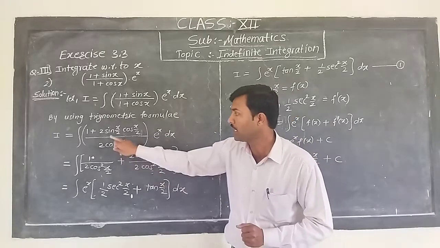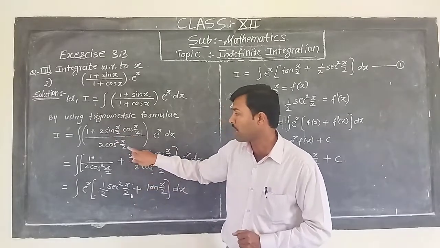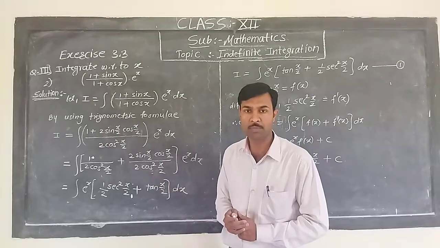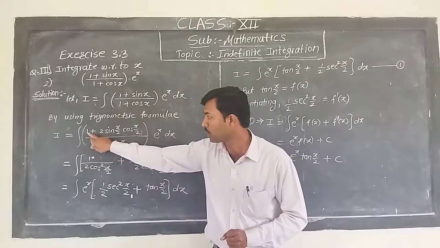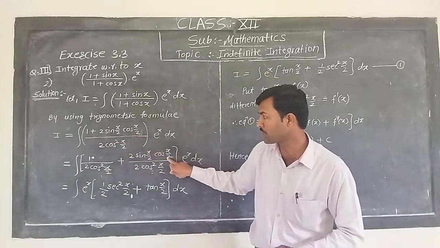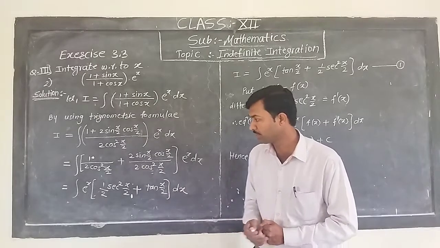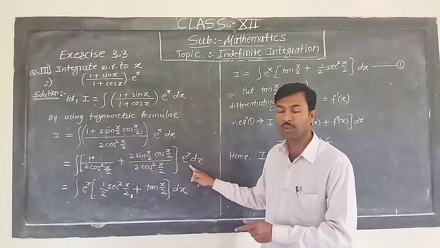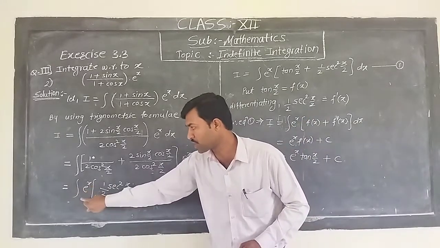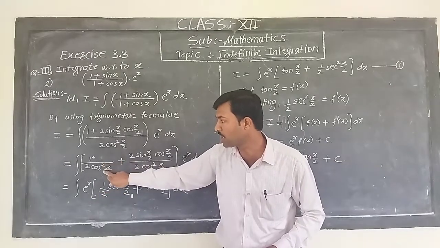Now here in the numerator there is an addition of two different functions, so I put this denominator under both the terms of the numerator separately, so that I write this as 1 upon 2 cos square x by 2 plus here 2 sin x by 2 into cos x by 2 upon 2 cos square x by 2. Now I write this e raised to x, which was in multiplication at first, so that it is integration of e raised to x into here 1 upon 2 into here is 1 upon cos square x.